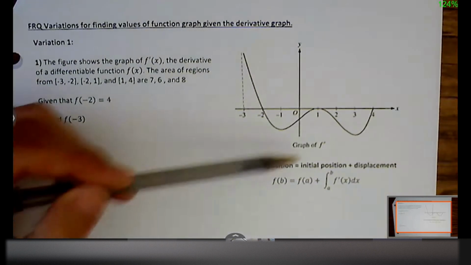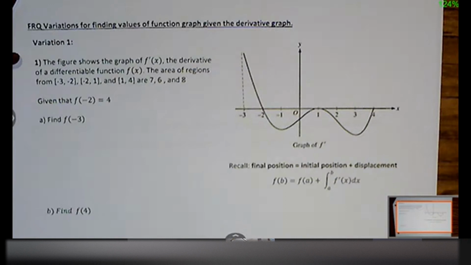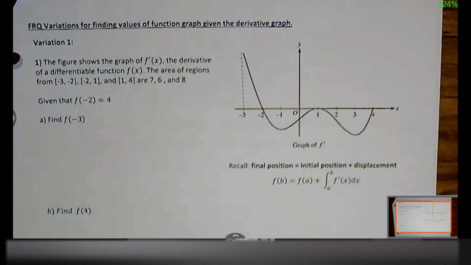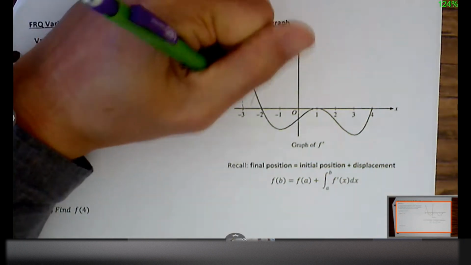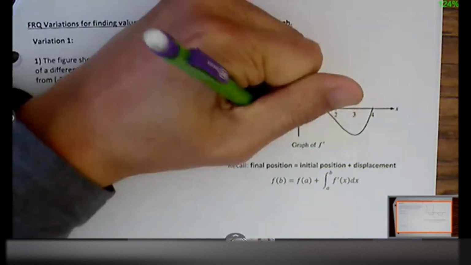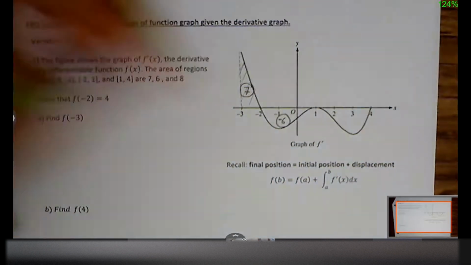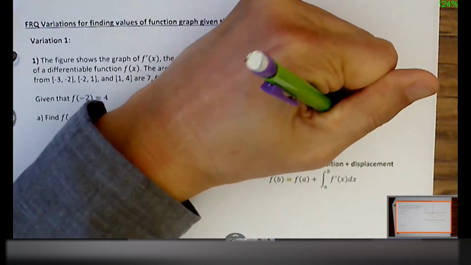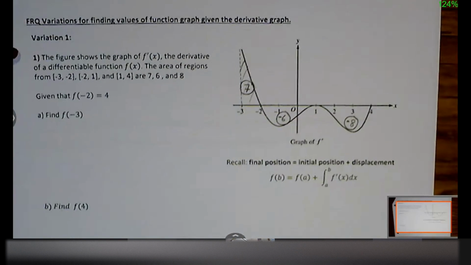But because we're dealing with definite integrals, we have to keep in mind that these are going to be positive and negative results depending on whether it's above or below the x-axis. So I'm just going to start labeling them here. This region here, I'm going to say 7. This region here, I know the definite integral is going to total to be -6. And last one is -8. The last two are below the x-axis, so the reason for the negatives.